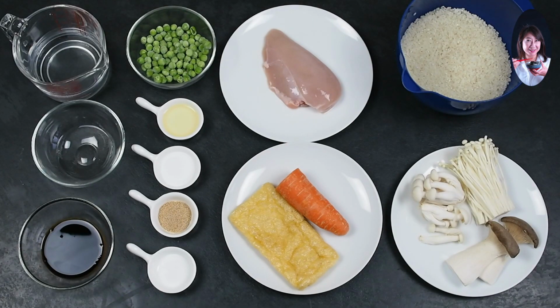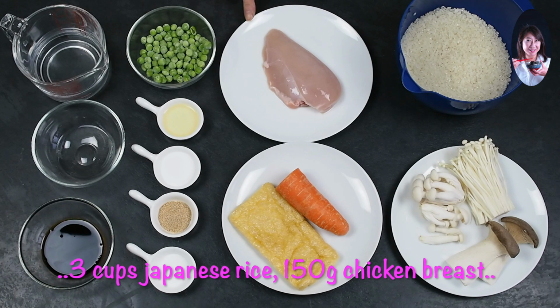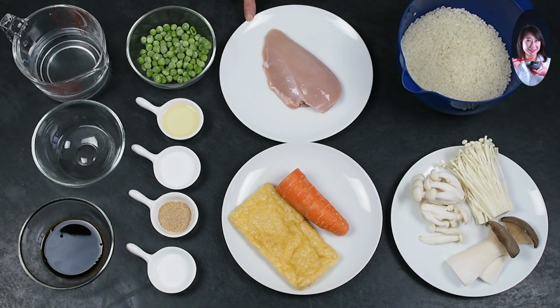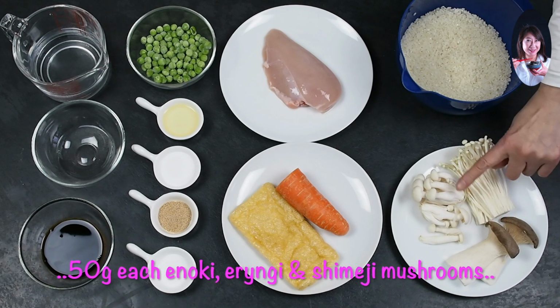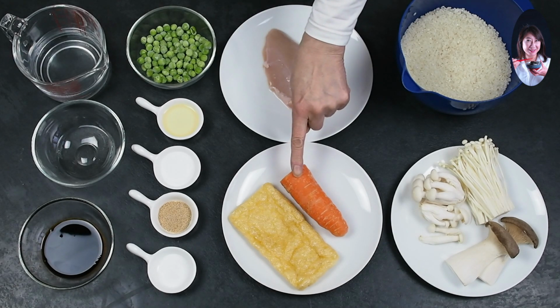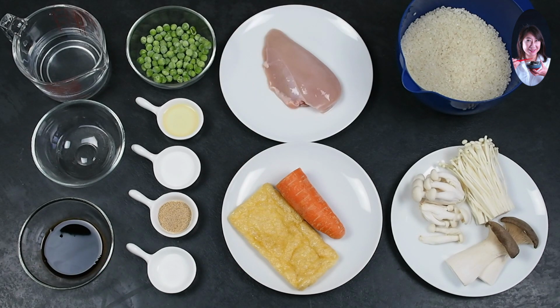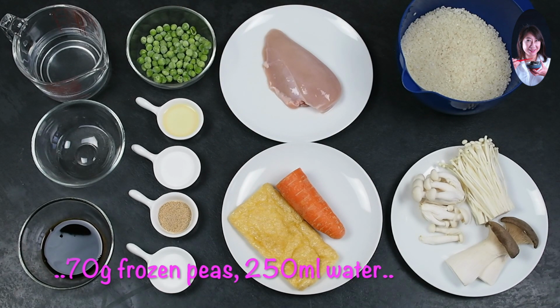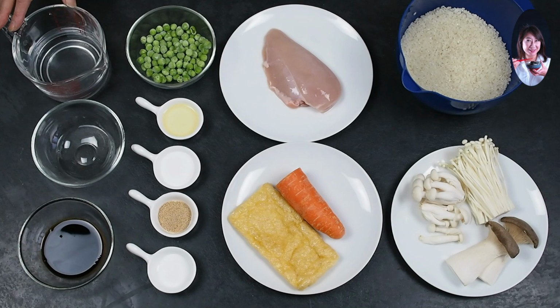Here are the ingredients. 3 cups of Japanese rice, 150 grams of chicken breast, 50 grams of enoki mushrooms, 50 grams of eringi mushrooms, 50 grams of shimeji mushrooms, 100 grams of carrots, 1 sheet of aburage, 70 grams of frozen green peas, 250 ml of water for making Japanese stock,